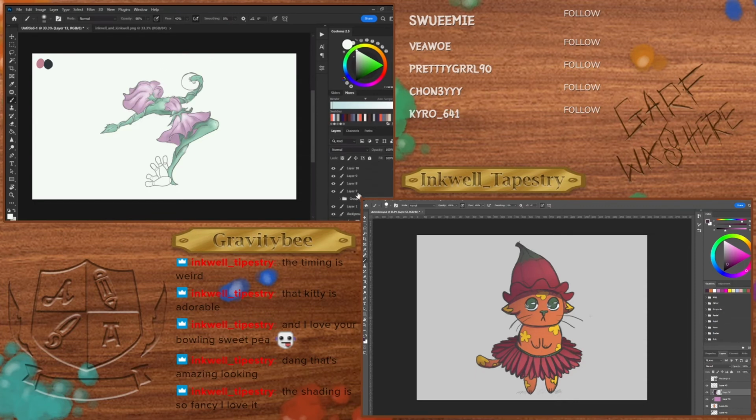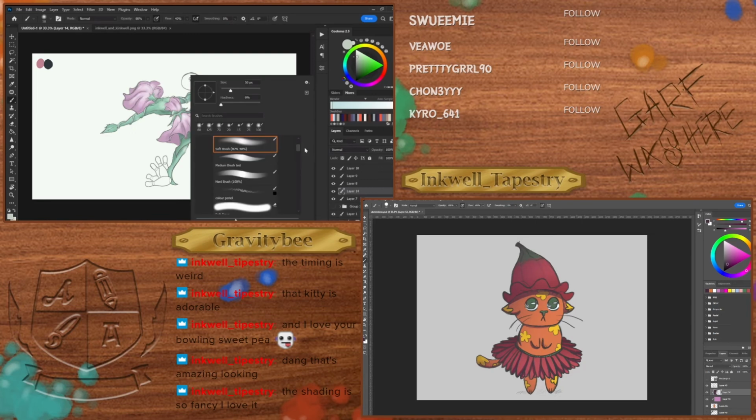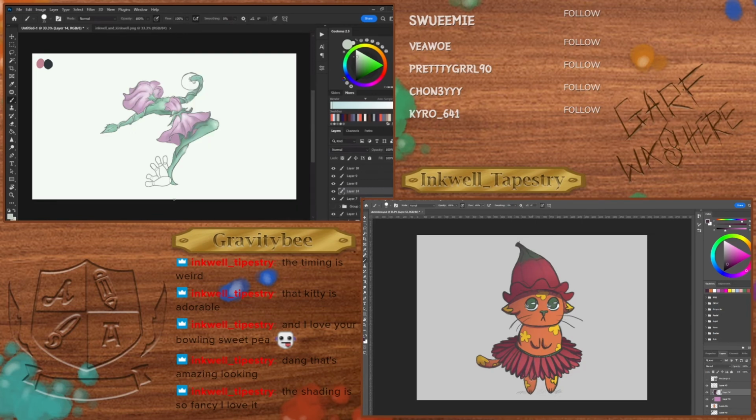All right. We also need to do the bowling pins, which I guess we could do. Oh, and the bowling ball. In life, are you the ball or are you the pin? Tag yourself.